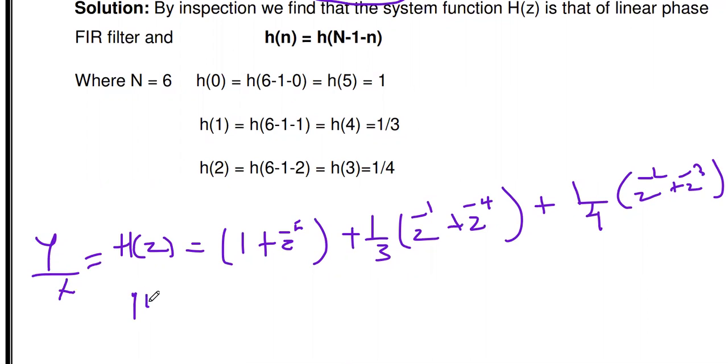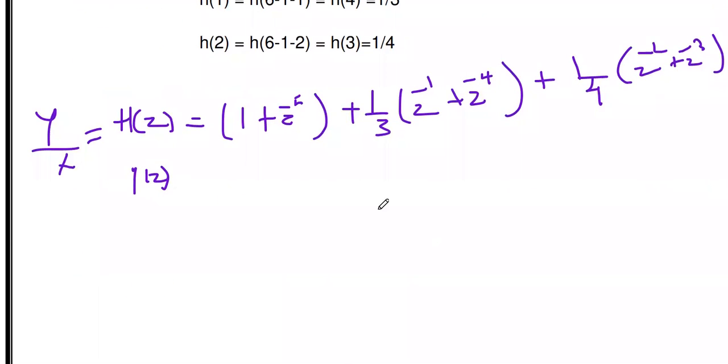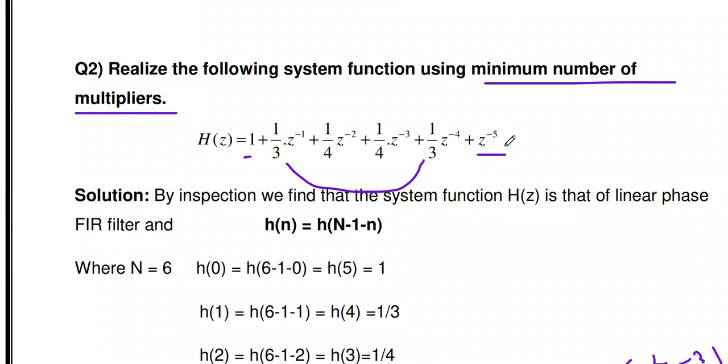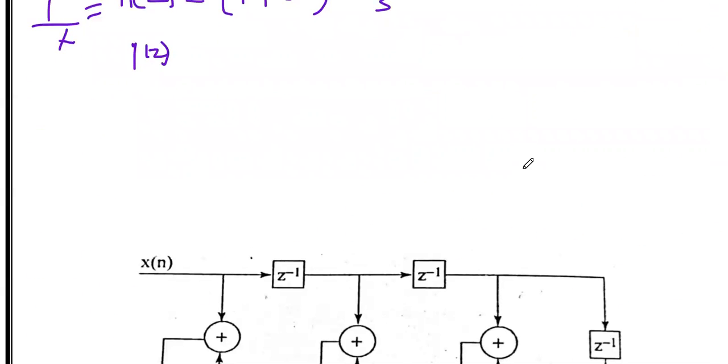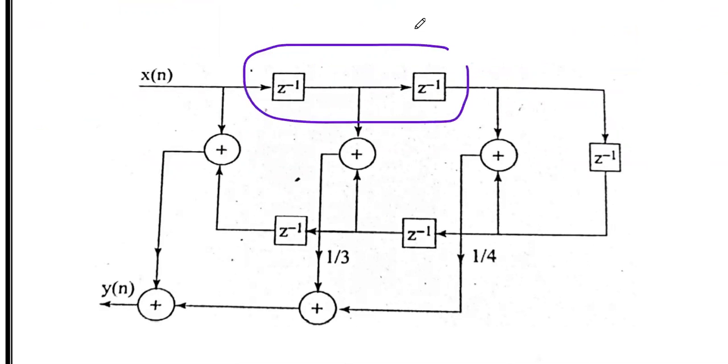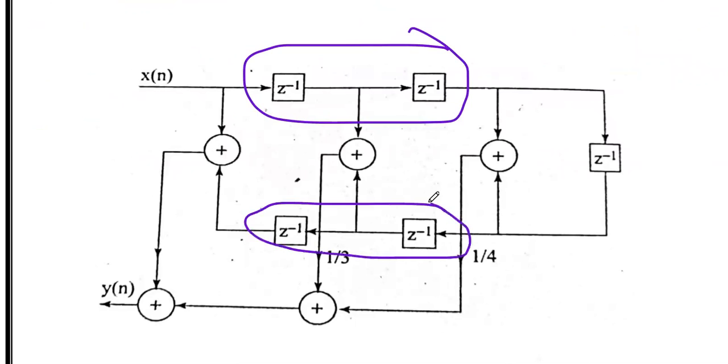So from that, Y(z) is equal to X(z) multiplied with each term. Okay, so in order to draw this linear phase realization, how many delays do we have to use? 5 delays, since the order of z is 5. So in the top line 2 delays we have to use, here 2 delays, and a common 1 delay we have to use.